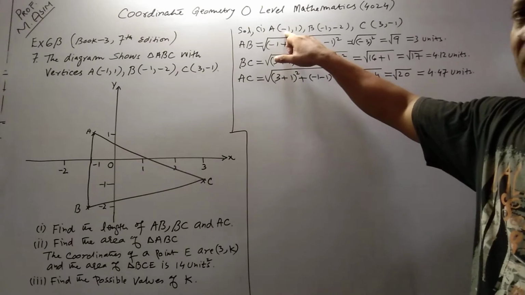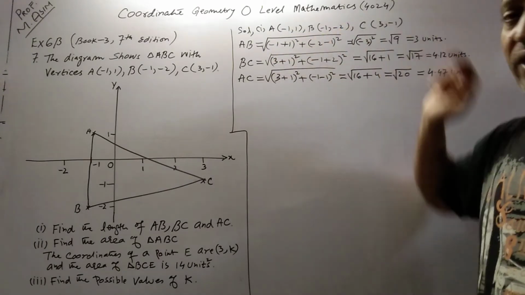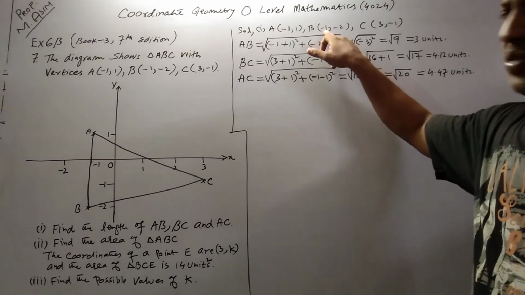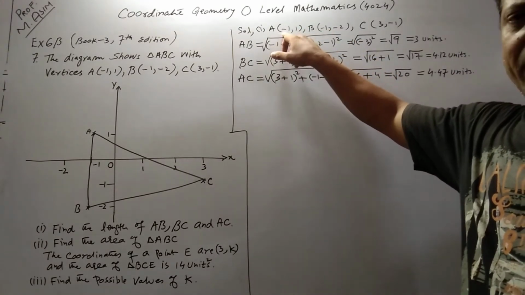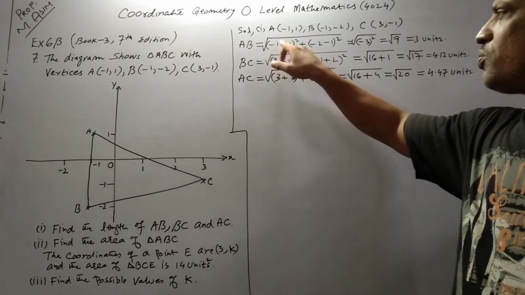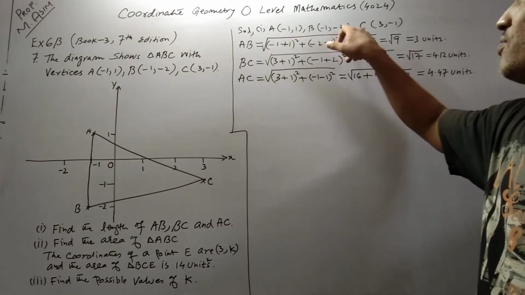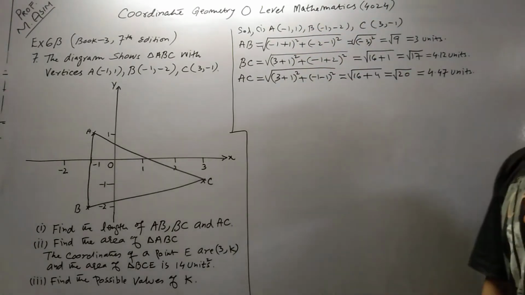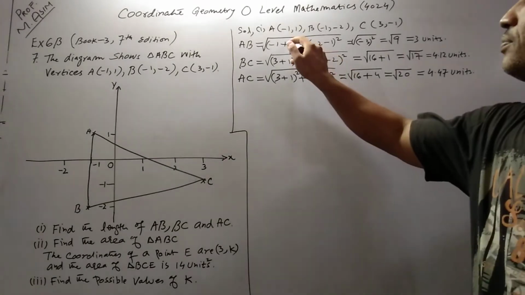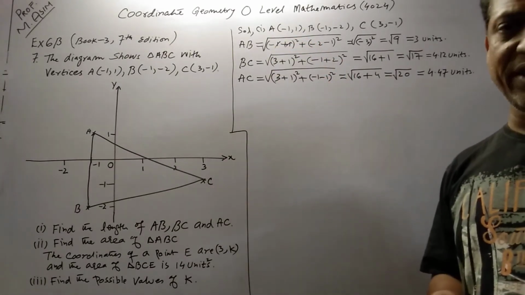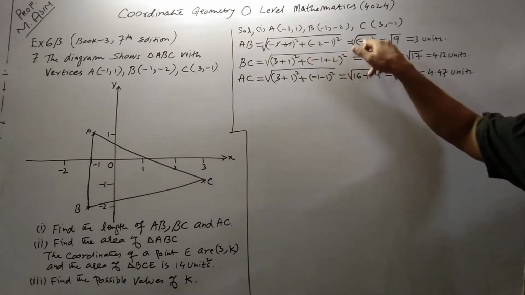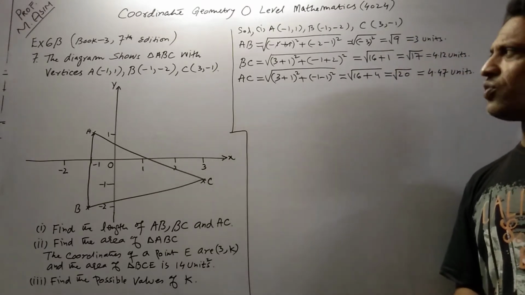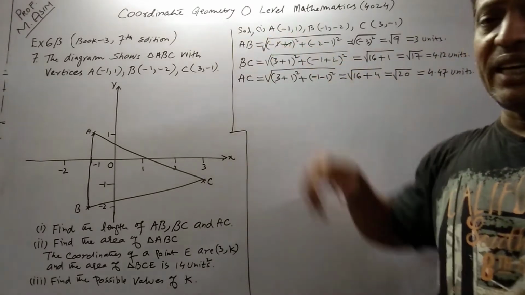This is your x1, this is y1, this is x2, this is y2. By using the distance formula, what is the distance formula? x2 minus x1. This is already minus, therefore minus minus plus. So (-1 + 1) squared plus (y2 is -2 minus y1 is 1) so (-2 - 1) squared. Plus 1 minus 1 cancels, 0 squared is 0, finished. -2 minus 1 is -3. -3 squared is plus 9 and the square root of 9 is 3 units. So we use the distance formula to find the length of AB.